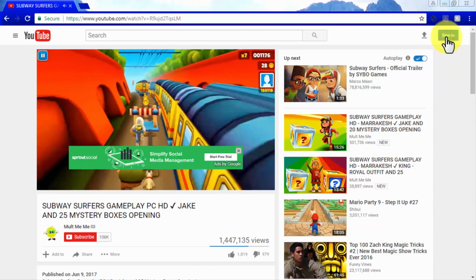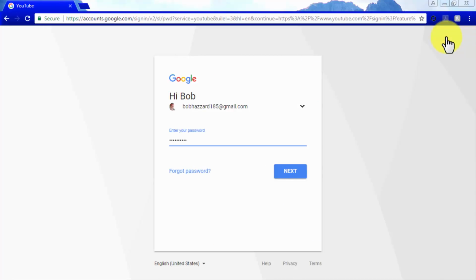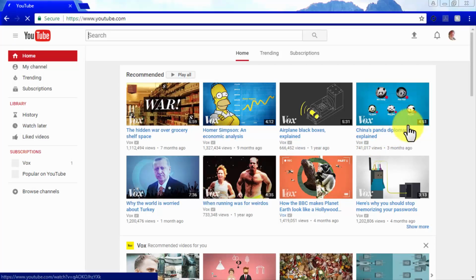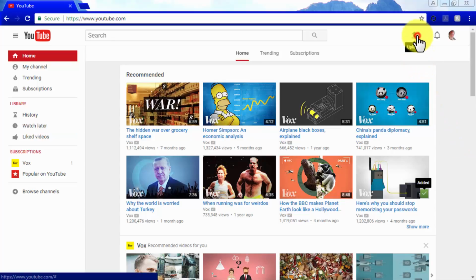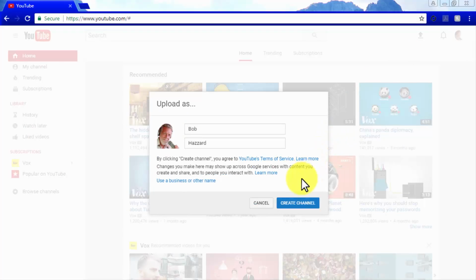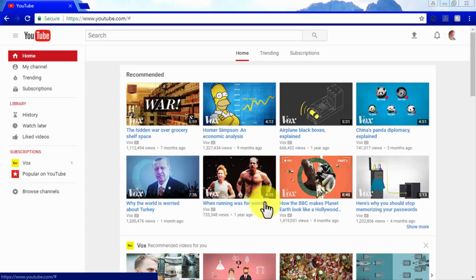But people looking to access more advanced features, and people that want to have a more personalized experience, can create YouTube accounts that will allow them to like videos, to set up reminders to watch videos at a later date, and to subscribe to YouTube channels. But if you want to upload your own videos to have a more personalized experience, you'll need to have a YouTube channel. And in this video, you are going to learn all about them.